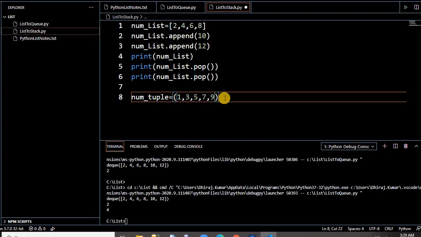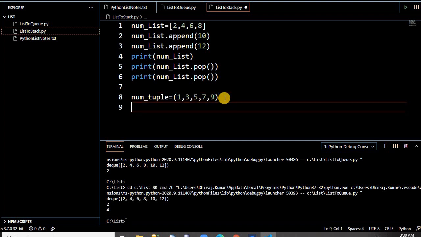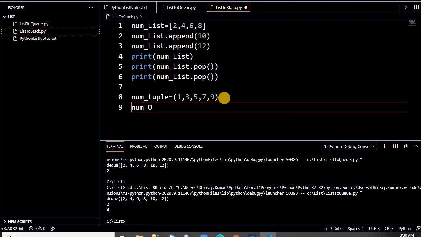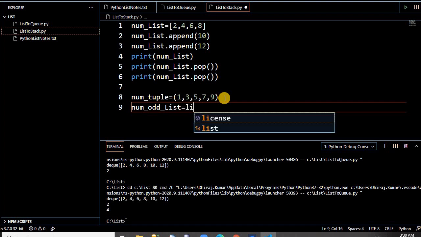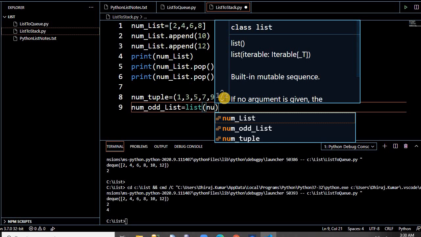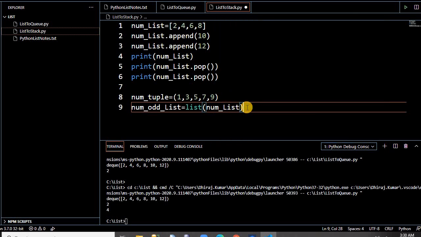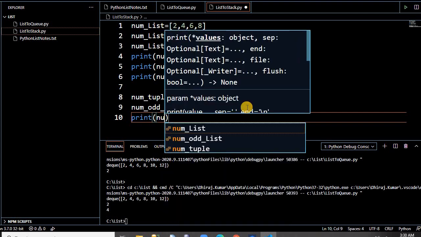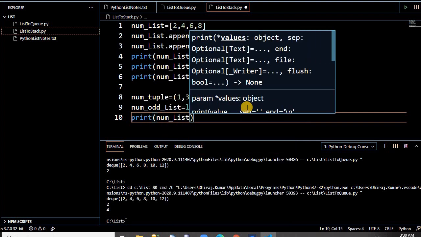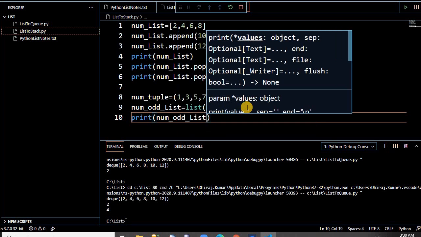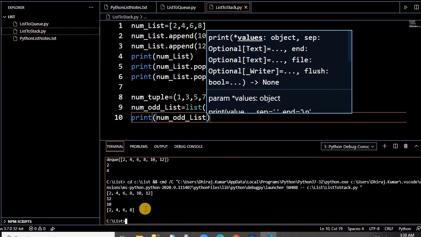Now I want to convert this into a list, num odd list. So we pass the tuple to the list constructor. I can directly pass this name, and then print the num odd list. See here, it's giving a list.